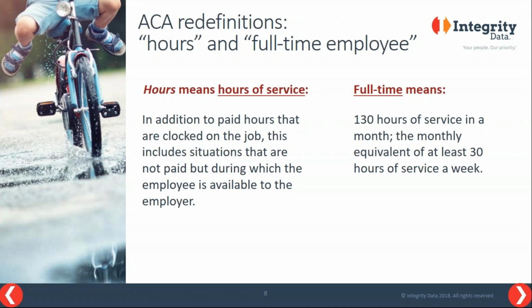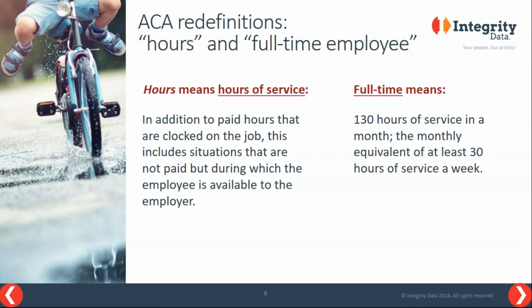An employee is eligible for health coverage when they are a full-time employee as defined by the ACA. As you may know, the ACA has redefined full-time employee by abandoning the concept of a 40-hour work week to be classified as full-time and reducing the threshold to 30 hours a week, and by increasing the hours that need to be tracked when crediting employees with hours of service.